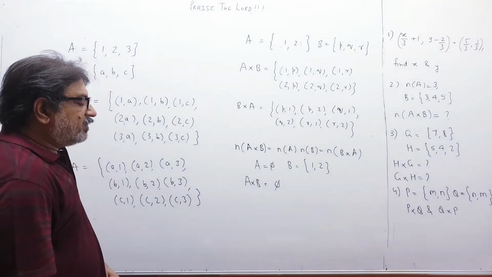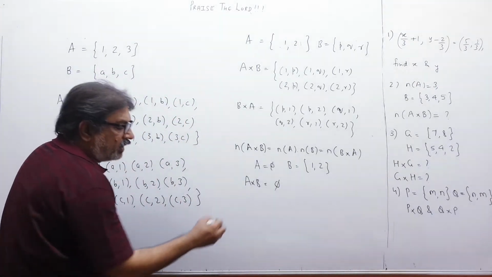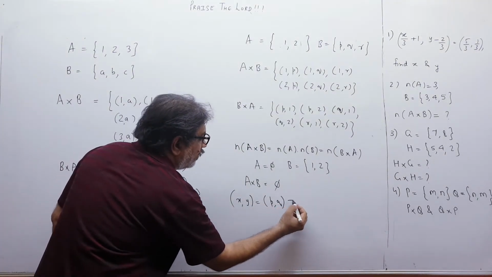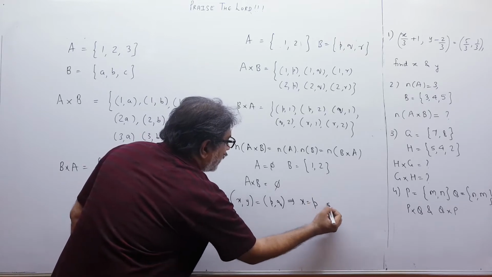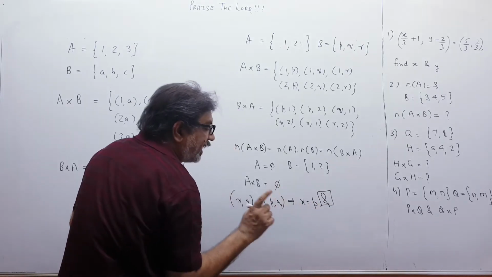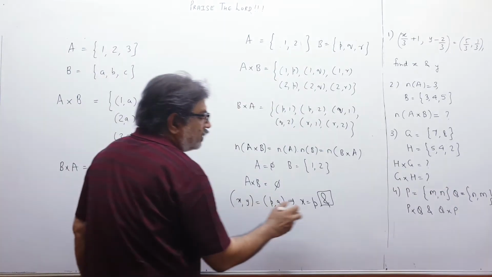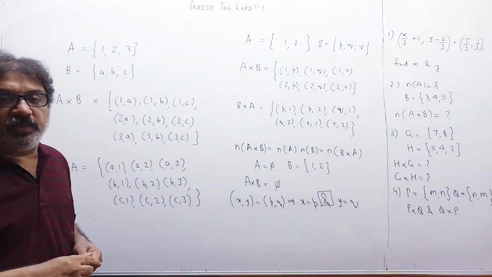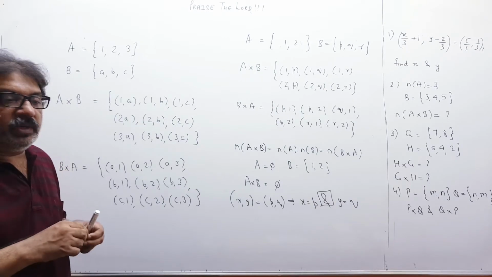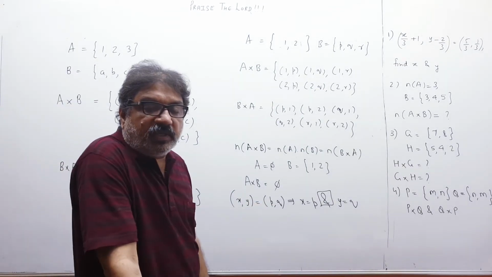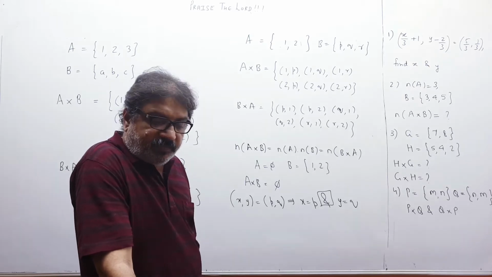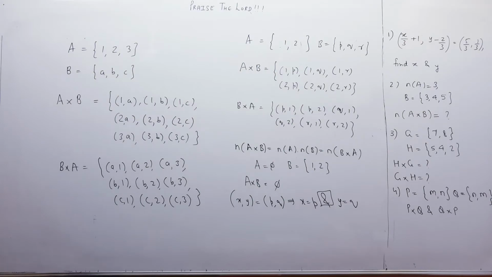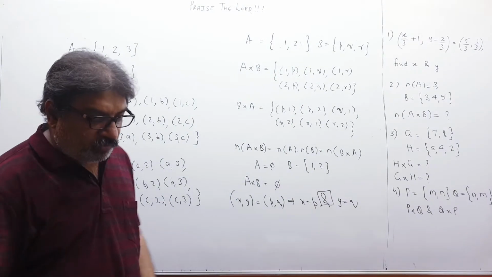Also, children, please realize if there are two ordered pairs and they are equal, if I say (x, y) is equal to (p, q), that will imply x equals p and y equals q, and this "and" is very important. It is not "or", it is "and". x should be p and y should be q. That means the first element should be equal to the first element, and the second element should be equal to the second element. Then only the two ordered pairs can be the same. Otherwise, no. Please realize. So, please pause and copy, children. I'll do more sums for you.